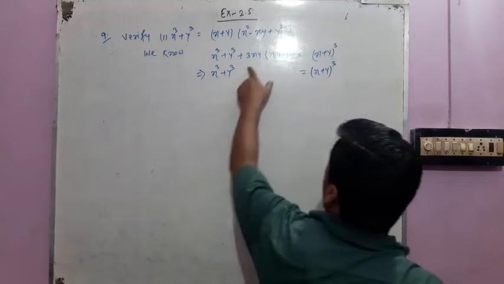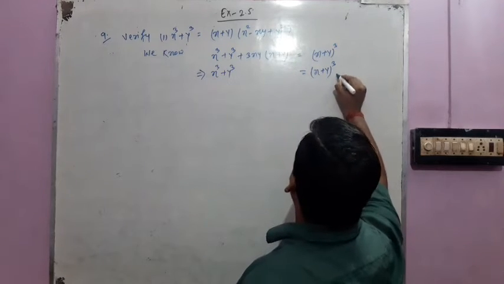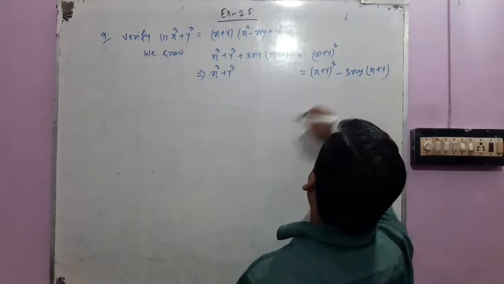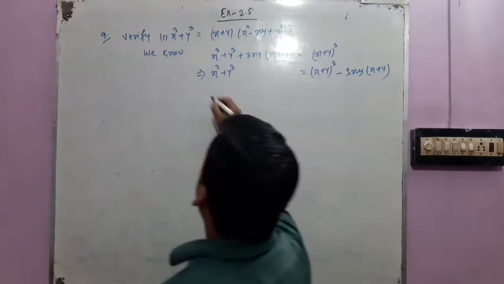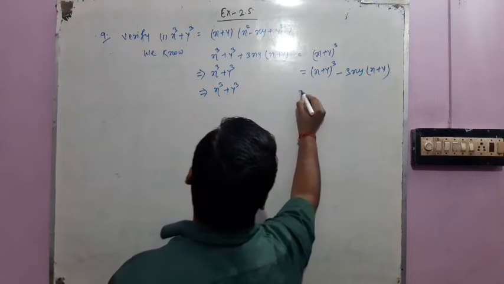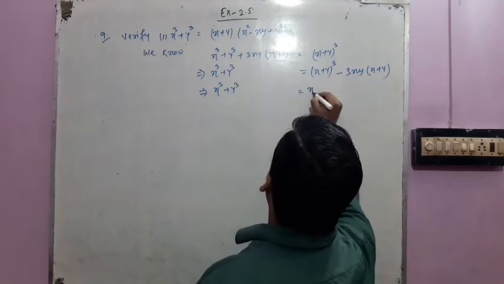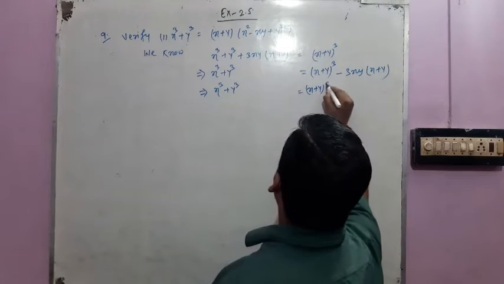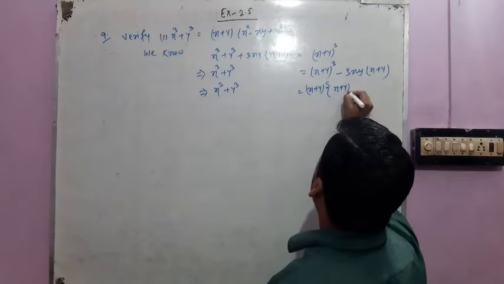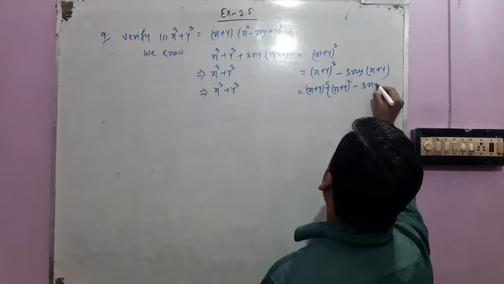So here this term is in plus. When we change the side of this term, it turns into minus: minus 3xy into (x plus y). Okay, students? Now x cube plus y cube. What will we take common here? In both of the terms, we will take x plus y as common. So when we take x plus y common, what remains here? The square of (x plus y) minus 3xy.